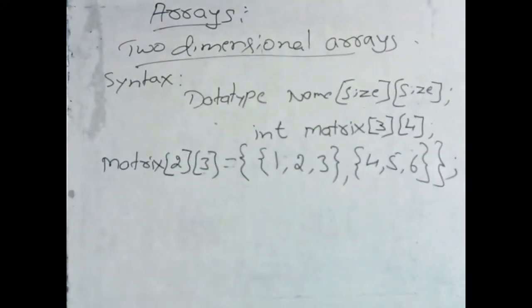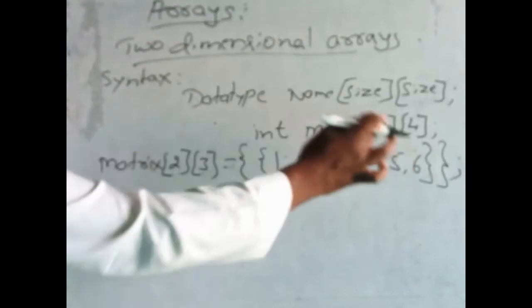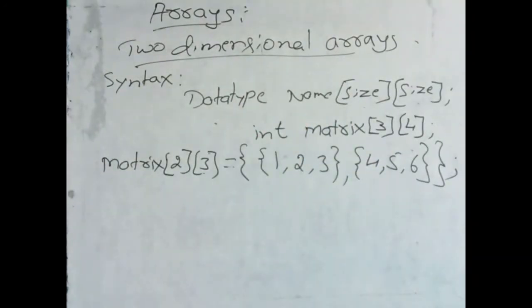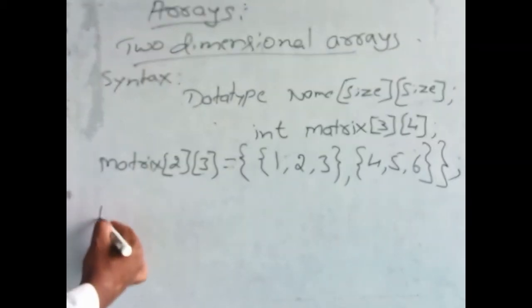This is the first row. This is the second row elements. Clear? For example, in a row, some elements are not there. We don't want to add elements. At that time, how can we write? For example,